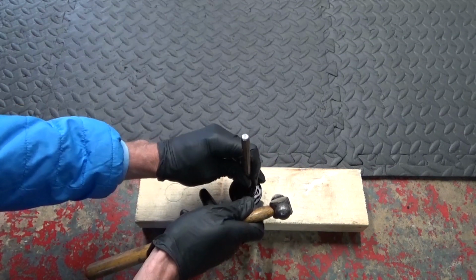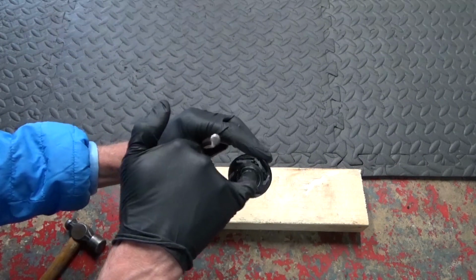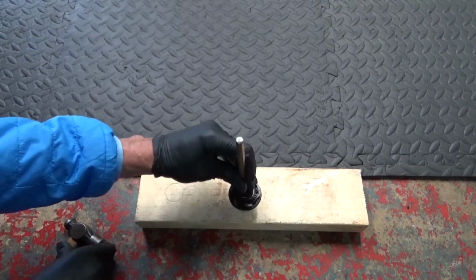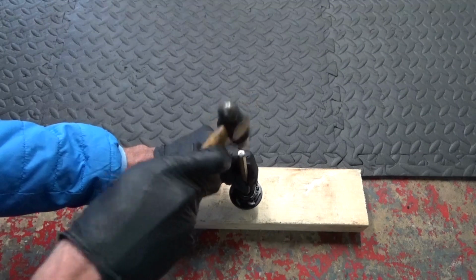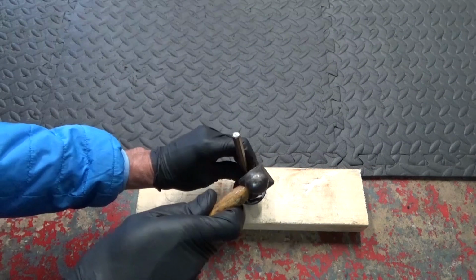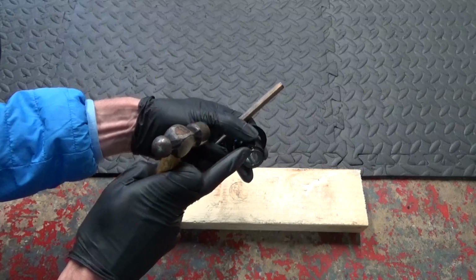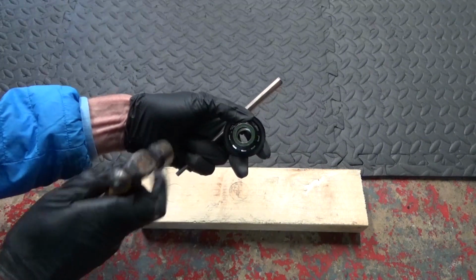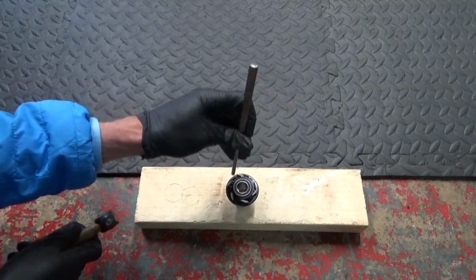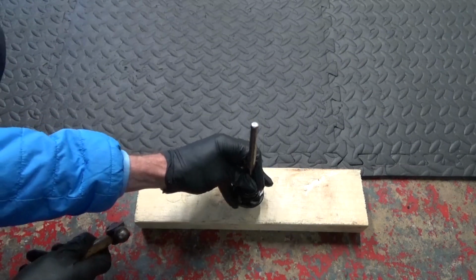Give it a few taps and just move it around, and as you do that, the collar inside becomes completely loose and easily falls around inside. So then it's easy to see the bearing. So you just carry on and just tap it down. As you see, it goes flush now with the end. So once it's flush, it won't come out no more like that. Now you may be able to just hold it up off of the floor